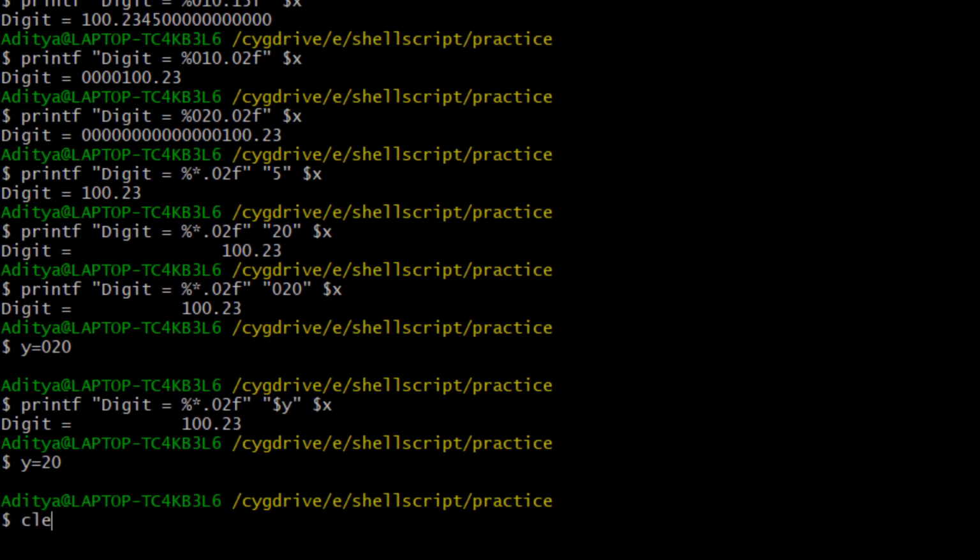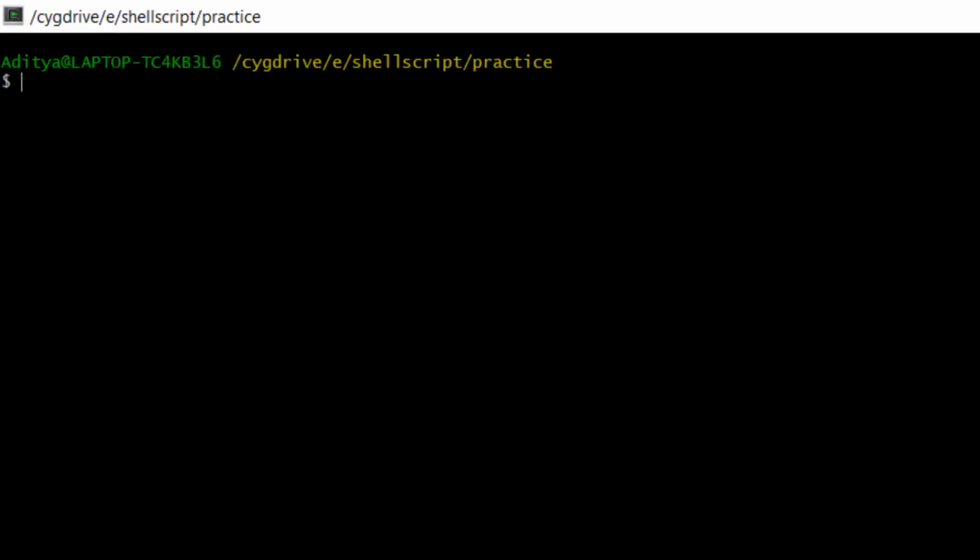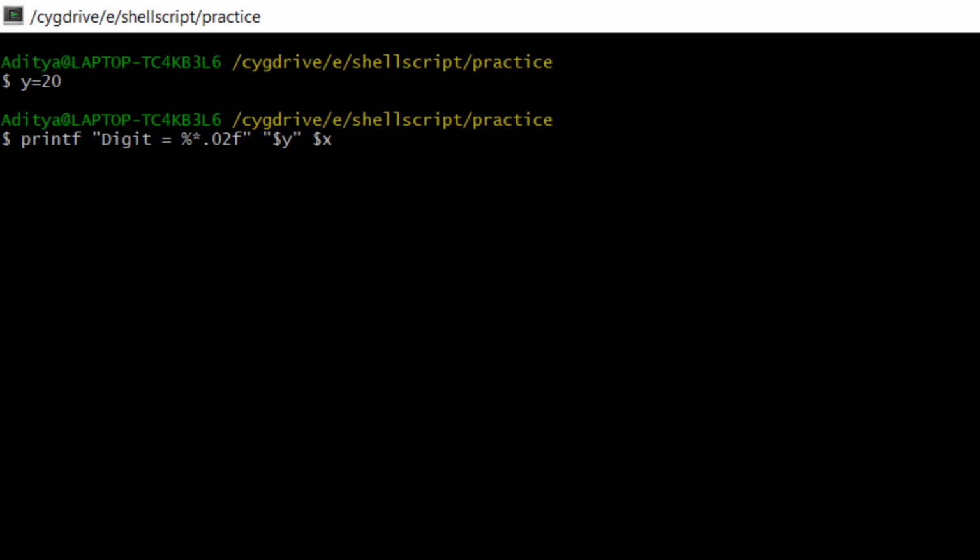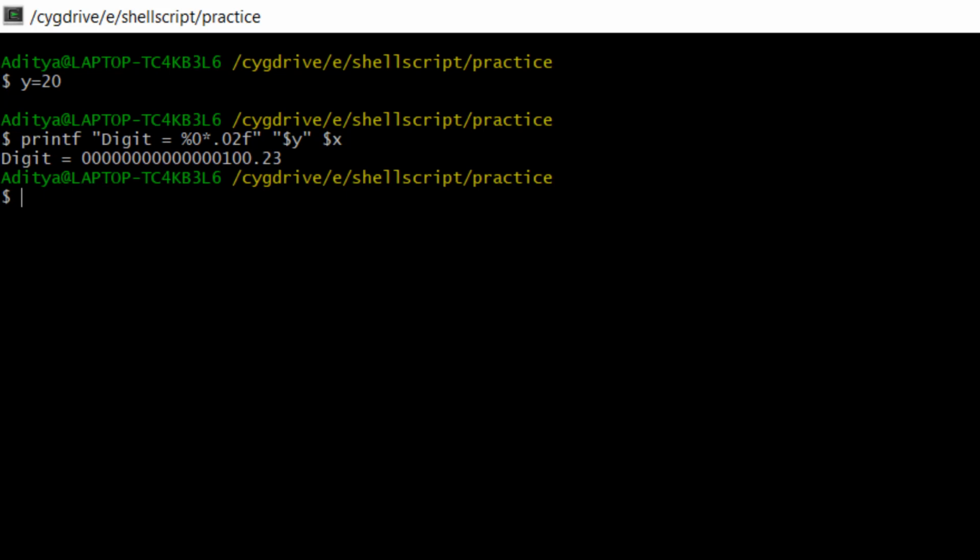Now let's clear the screen first. So first of all, what I have done, I have assigned y equal to 20, and after that I will mark it as 0 here, and now we will enter. See what happens. Now it is preceded by 0. Like that we can do. So we have learned the modifier about how to precede a value with 0.